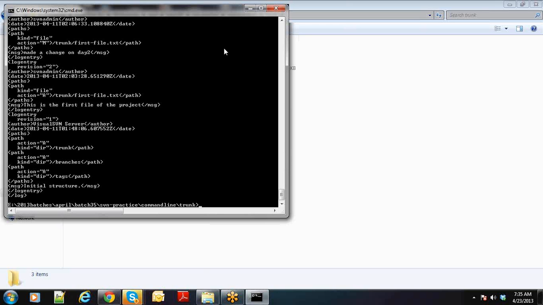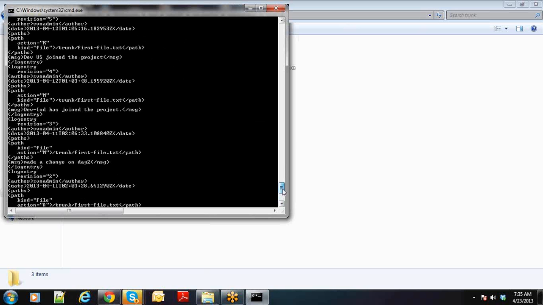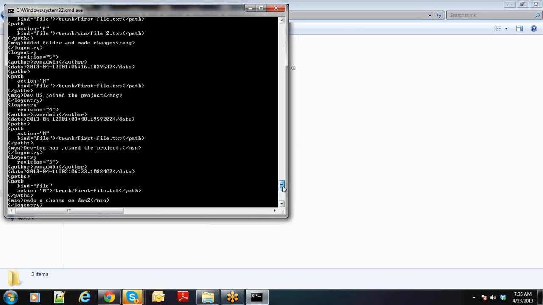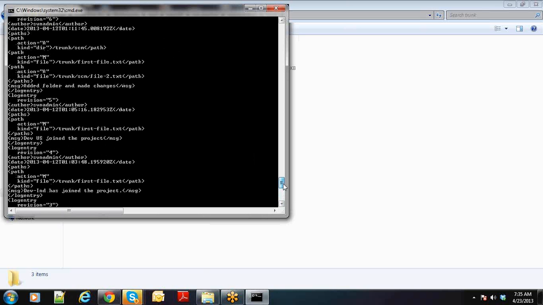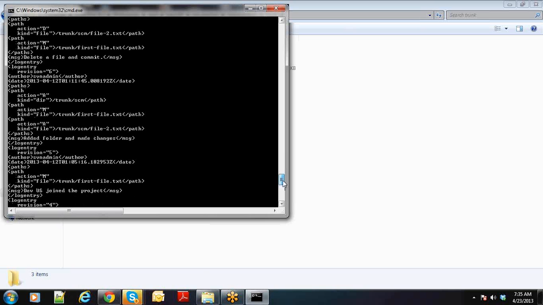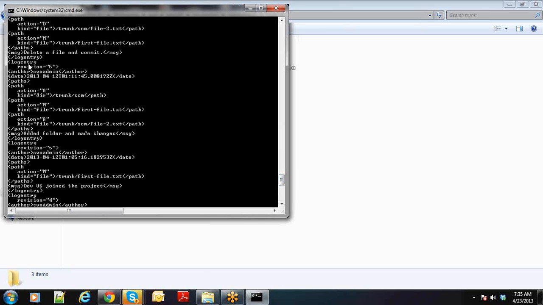Similarly, if I go a little above, you can see, for example, revision number 6, log entry. Every comment that you make will be a log entry element. In the log entry, you will see revision 6, author is so and so, date is so and so, path